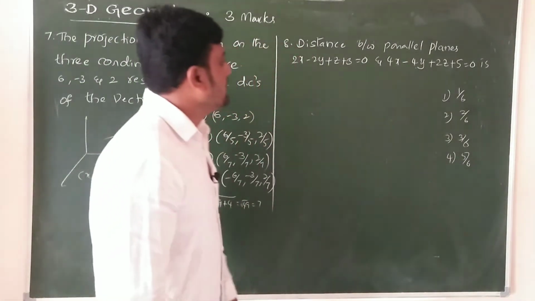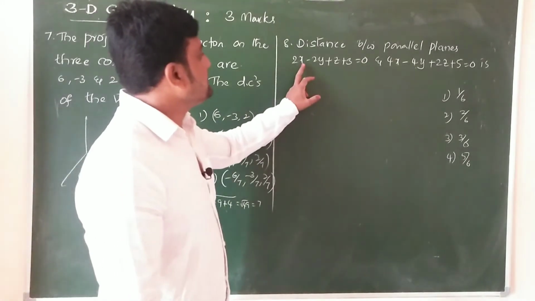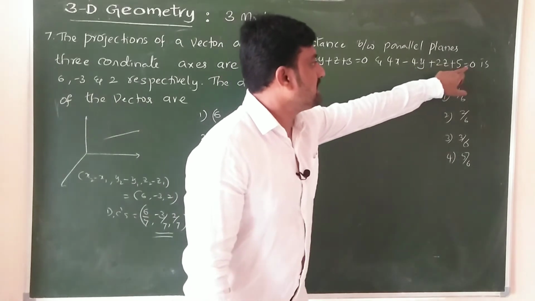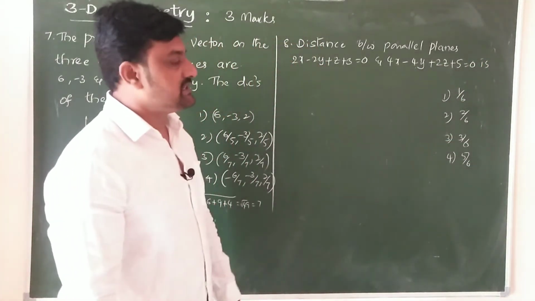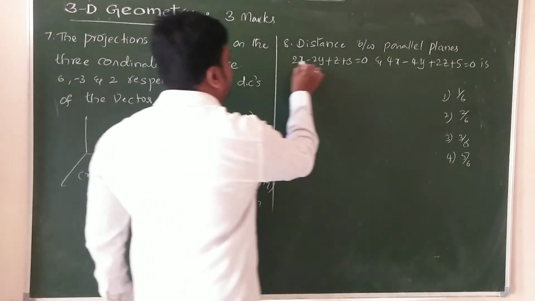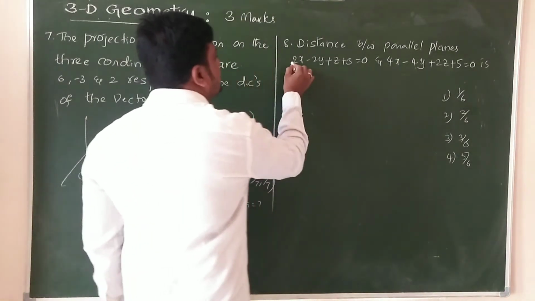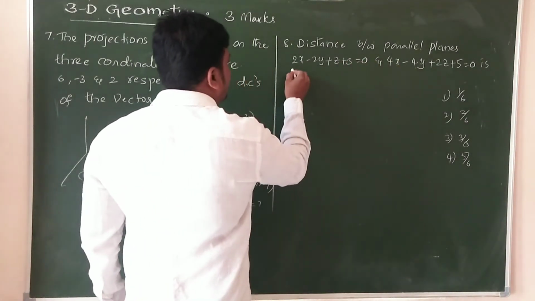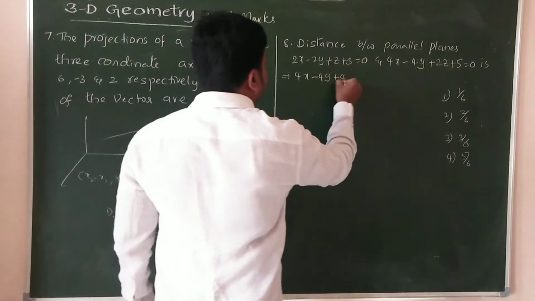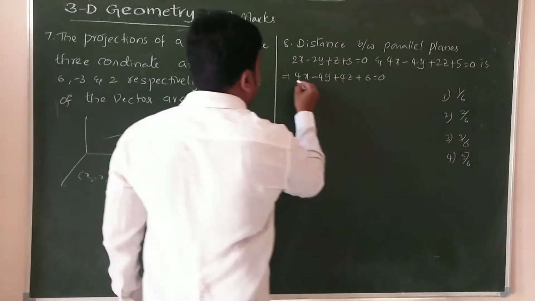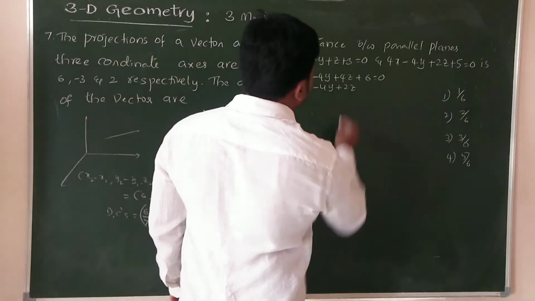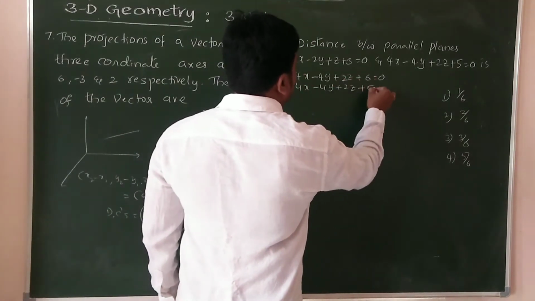Okay. Now the problem, the distance between parallel planes. Now the question is from the planes 2x minus 2y plus z plus 3 equals 0 and 4x minus 4y plus 2z plus 5 equals 0. These are parallel to each other. But first we have to equate the coefficients to each other. Now it is 2x, here 4x. So multiplying with 2, we get 4x minus 4y plus 2z plus 6 equals 0. Now the other is 4x minus 4y plus 2z plus 5 equals 0.